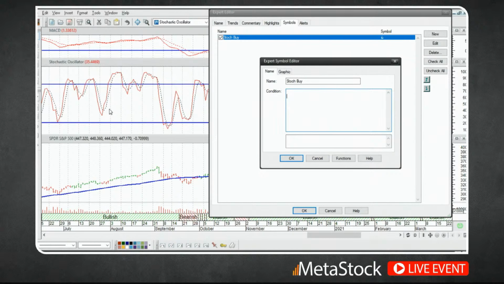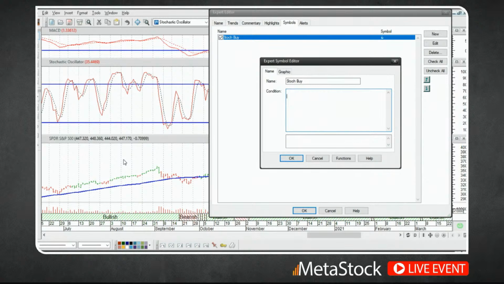I'll teach a lot of different types of formulas, but what I do find myself doing is coming back to a handful of formulas that I tend to use over and over again. One of the formulas that I use a lot, and I think it's a really good one to learn, is what's called the cross function. The cross function will help you identify where two different things are crossing each other, whether in this case the stochastic is crossing up above the dotted line, or the security itself is crossing a moving average or a particular price point. It's pretty much limitless what you could identify as far as crossing.